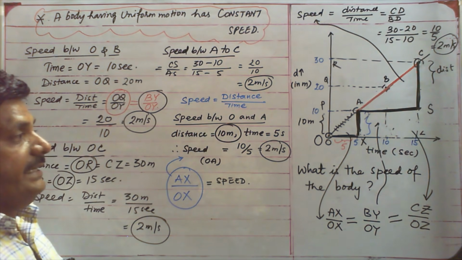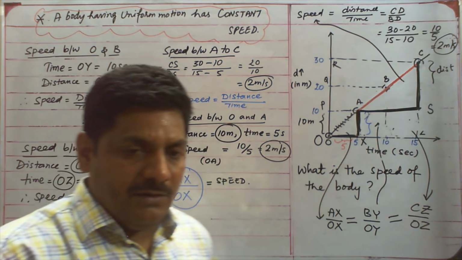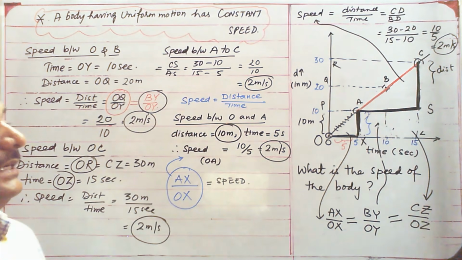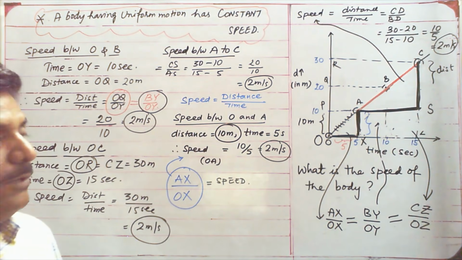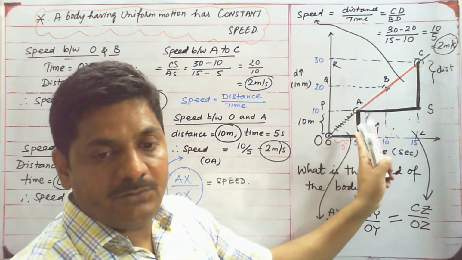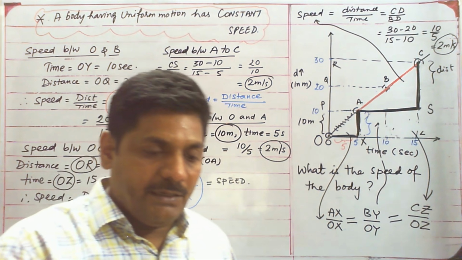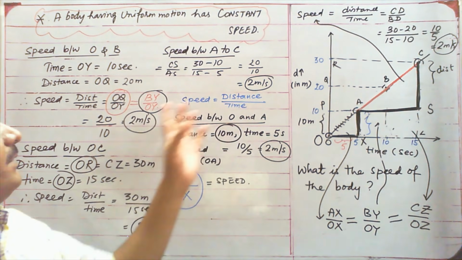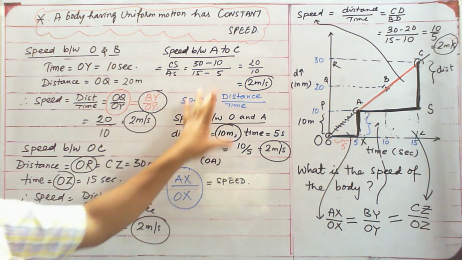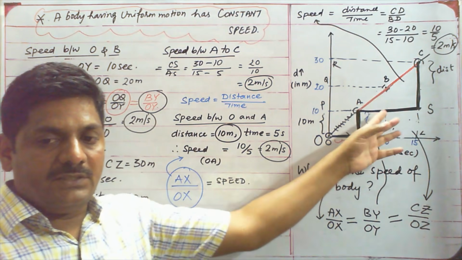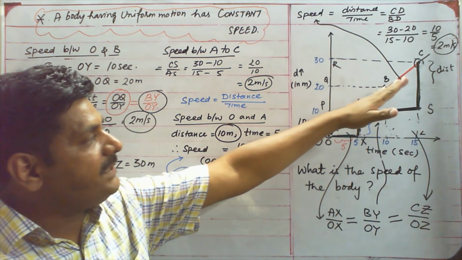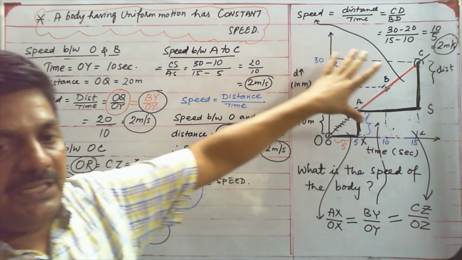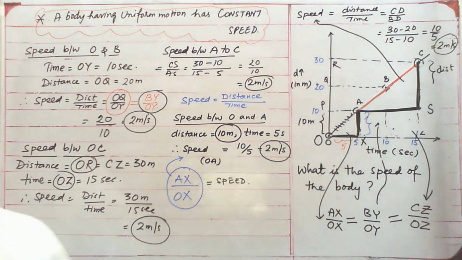So generally whenever we are supposed to find out the speed of the body, we just have to complete a right triangle and then we can find out the ratio of the perpendicular to the base and get the speed of the body. Now let us talk about the general terms here. We will draw a general graph and try to understand. Please try to relate everything with this graph. Now this is the simple graph. From this simple graph we have discussed so many things. We are calculating the speed of the body. Now we will take a general one.